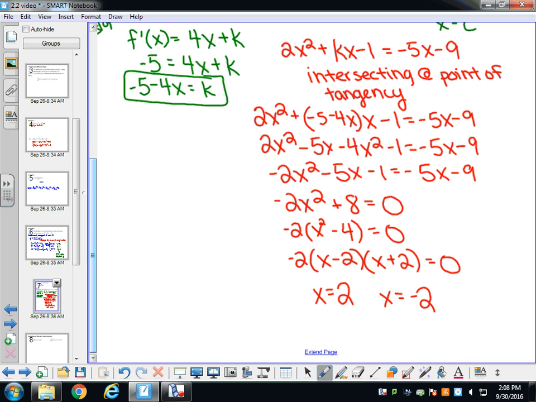So what this tells me is at x equals 2 and at x equals negative 2, my slope will turn out to be negative 5. Okay, that is true. So at these 2 points,